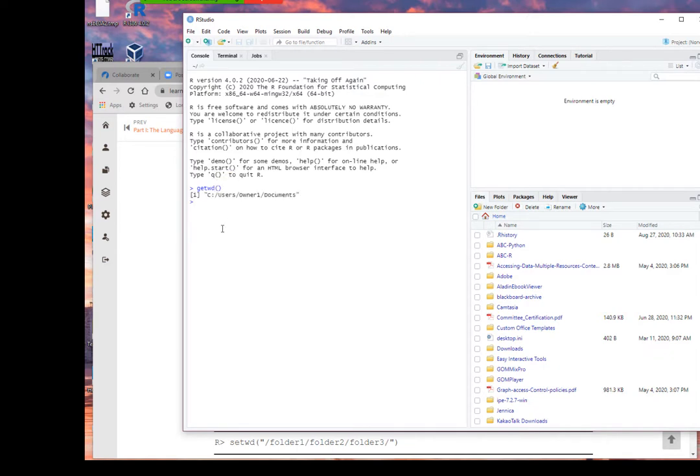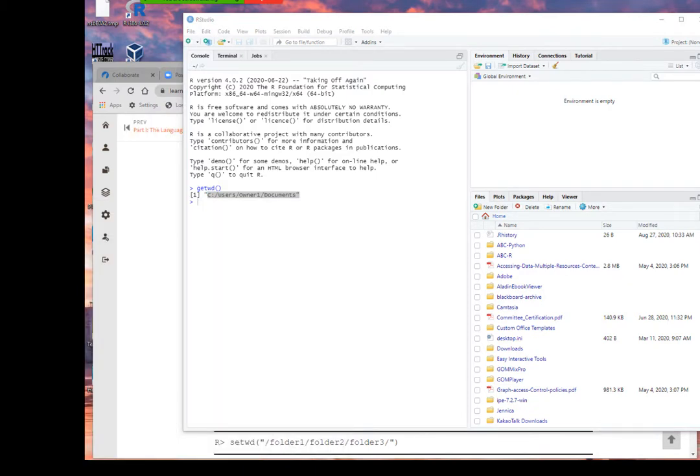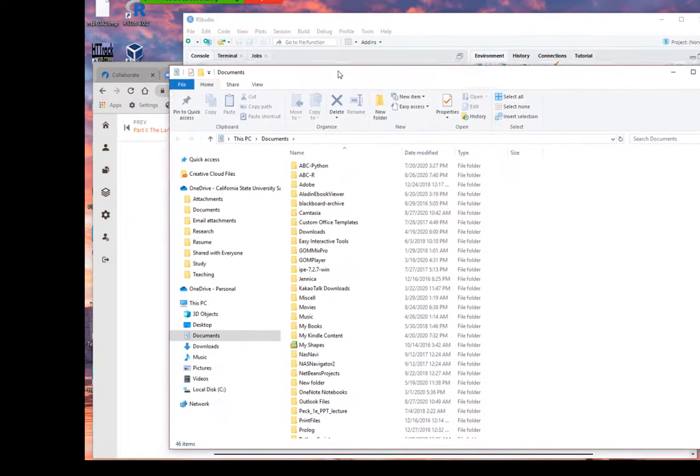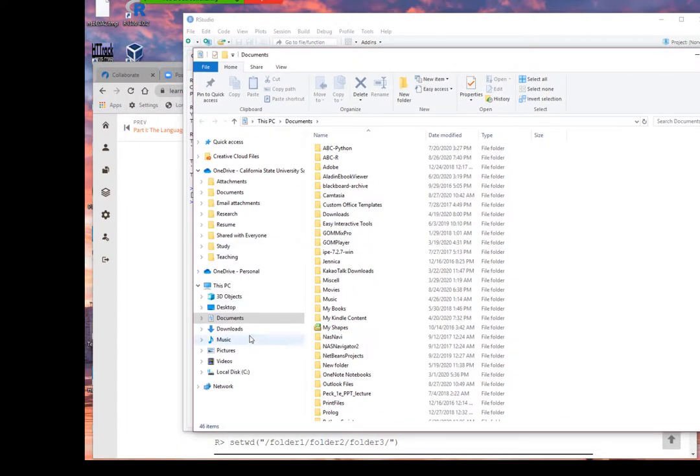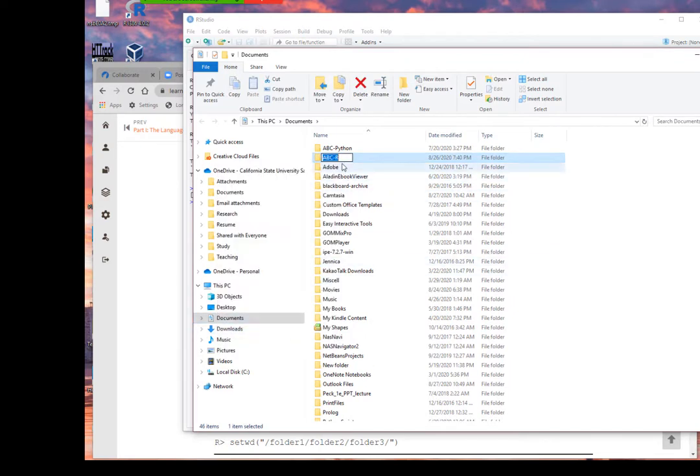My current working directory at this point is C, Users, owner, Documents. But I don't really like it because I want to create my own directory. So what I'm going to do is open my Windows Explorer, under Documents. You know what? I'm going to delete. Oops, sorry.